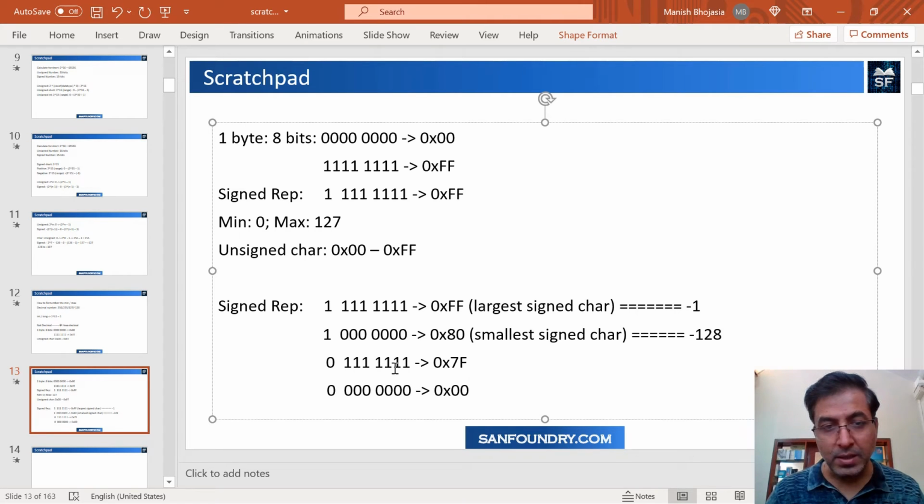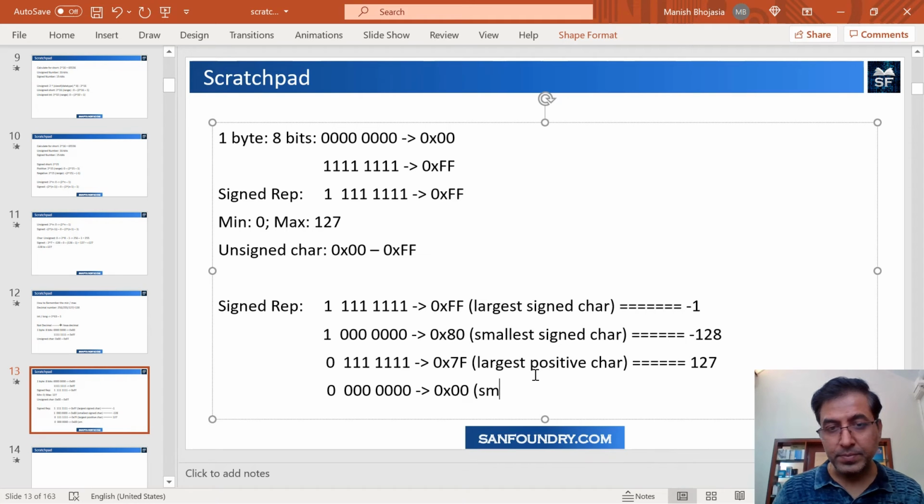Now what is this? This is the largest positive number in the signed world for character, because the sign bit is 0, it's a positive number. So we can write it as the largest in the positive direction, which, if you evaluate it, is basically the value 127. Similarly, this is the smallest in the positive direction. When I'm saying positive, I know it's actually a 0, but don't worry about that, it's our understanding that matters.